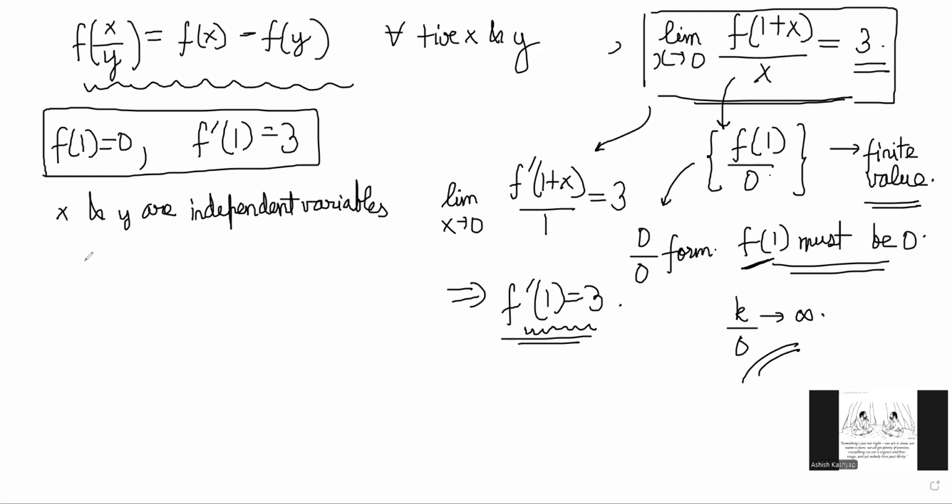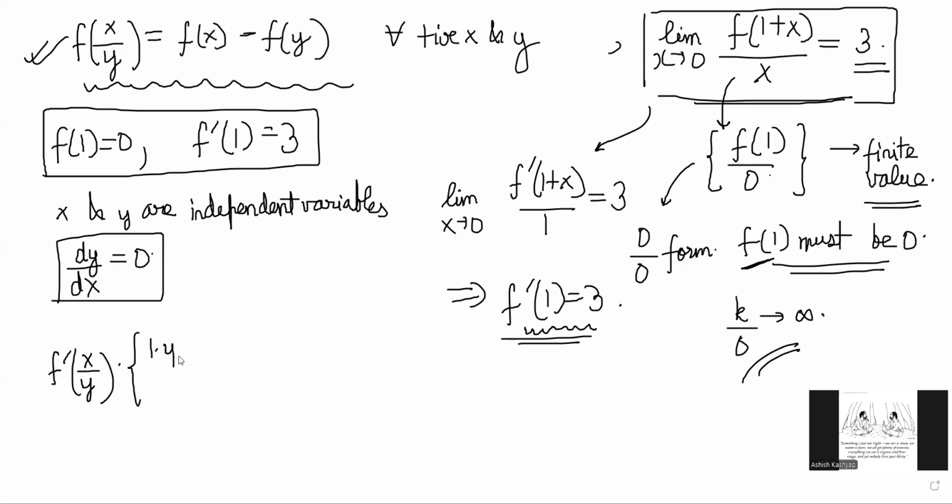We can say that the dy by dx term, if it comes, will be 0, right? So let's do a derivative with respect to x on this equation, right? So we will get by chain rule f dash x by y and then derivative of x by y. Derivative of x by y will be by quotient rule 1 into y minus x into dy by dx divided by y squared,